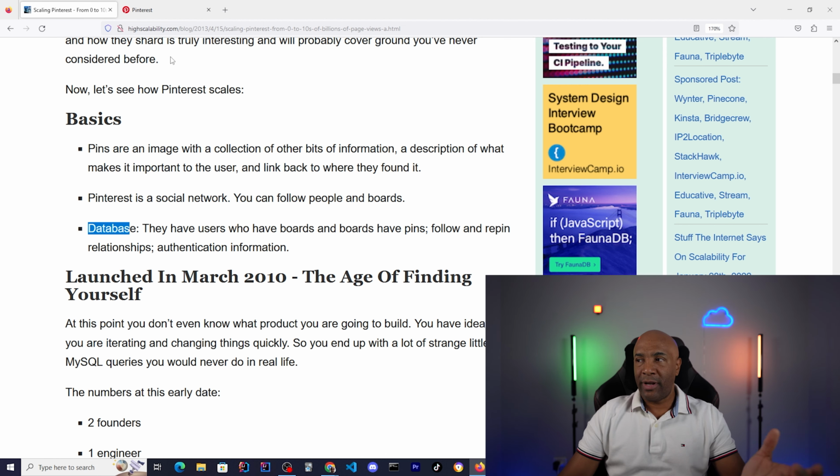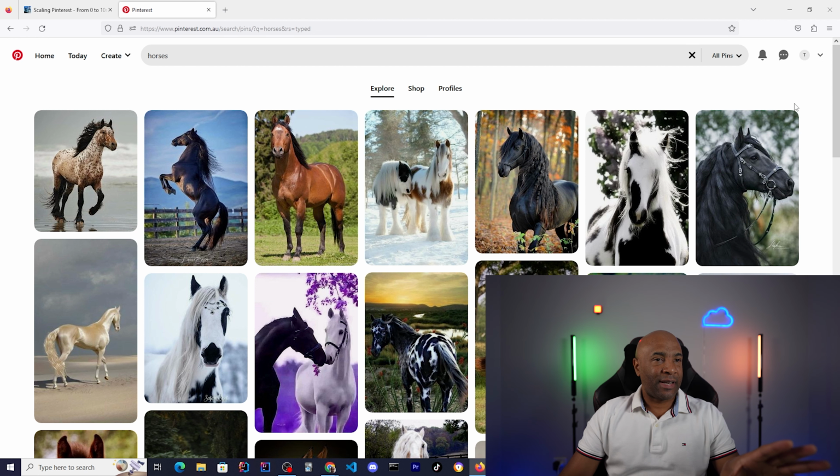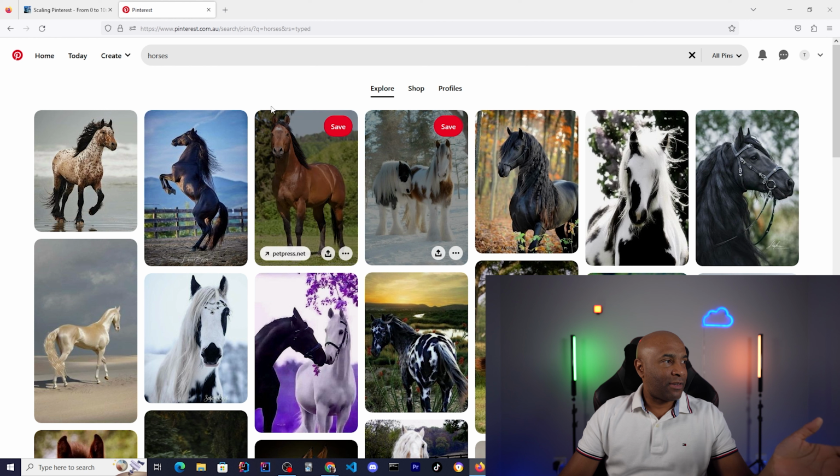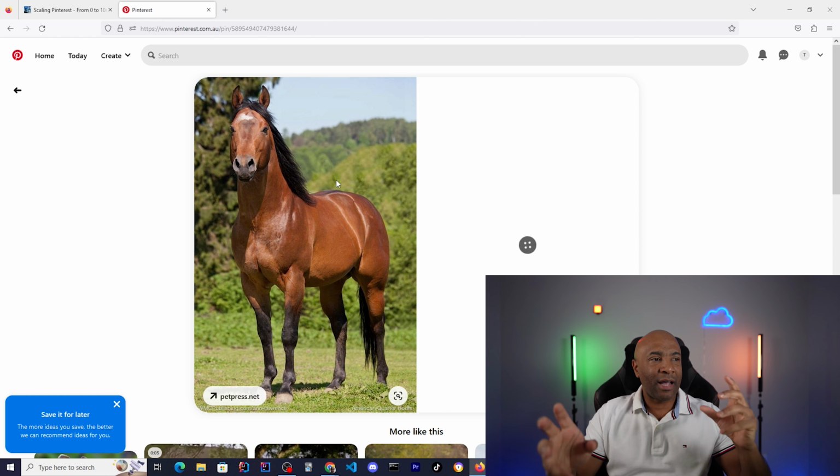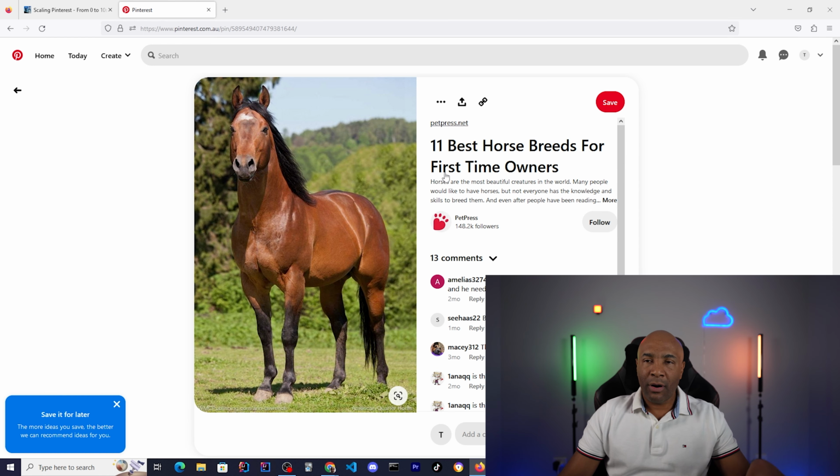I have an example here. I just signed up with a test account, and this is what Pinterest is. The user can upload images and add that metadata, as I said, such as a title, and we have comments. One user can follow another user. The same user can have a board with lots of pins and that kind of stuff. They had to adjust their system accordingly to all the usage that they had throughout time.